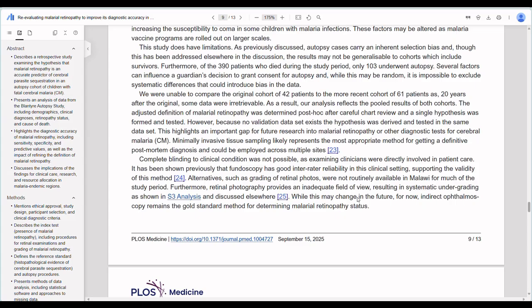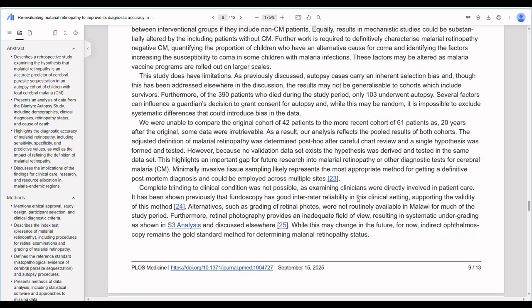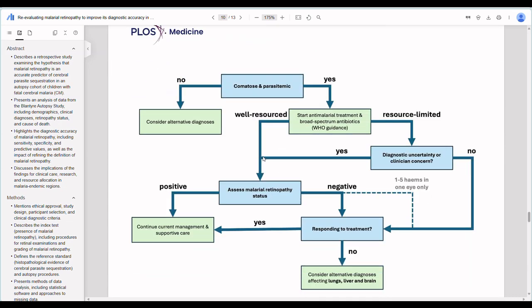So these are the things we need to bear in mind when we are writing articles. Can you see where they put the limitation of the study? Can you see that this study does have limitations? You see that? Yeah, that is how it flows.